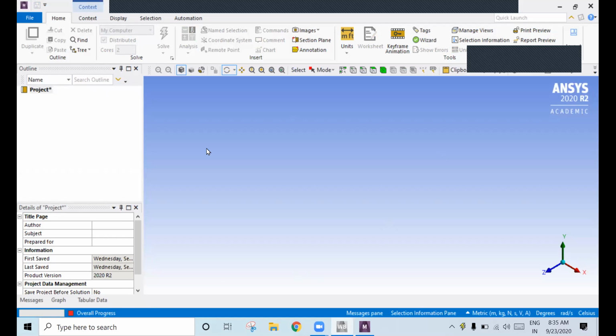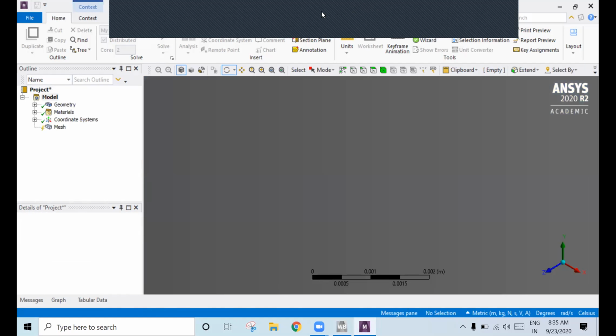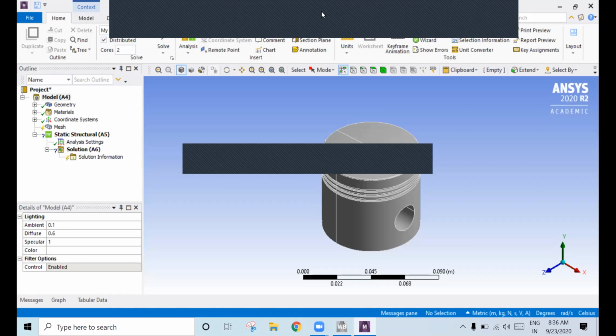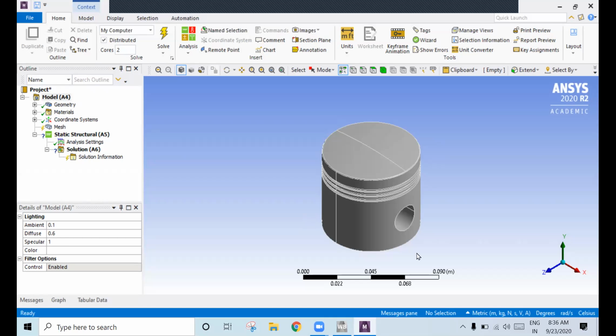Until you get the model, don't do anything on the screen. Okay, see, so this is our model.